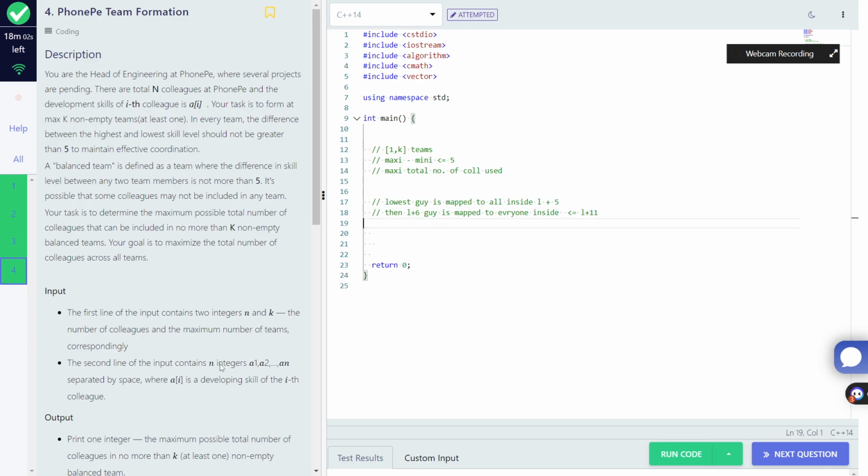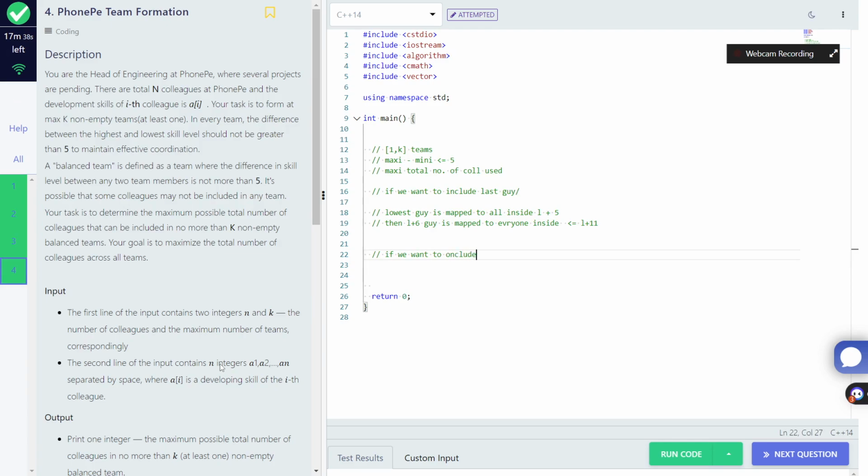So if we try and include the last guy, if we don't want to include the last guy, it needs an algorithm, but we are not concerned over the fact that